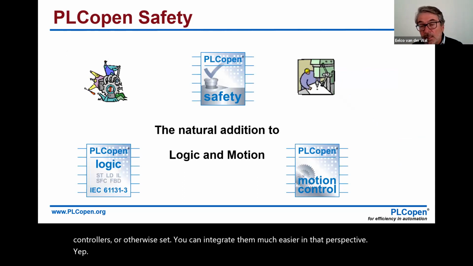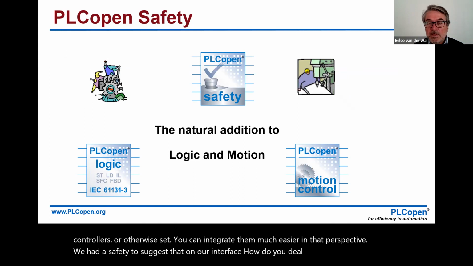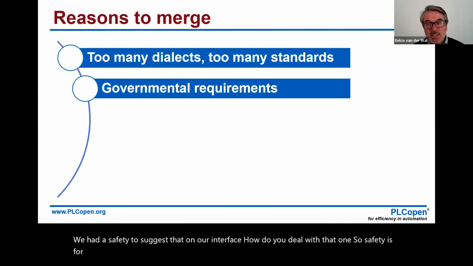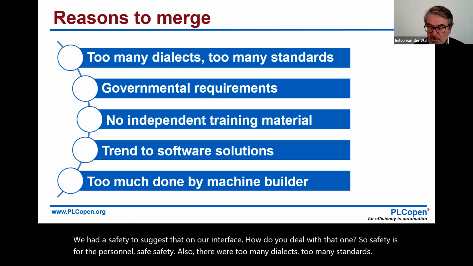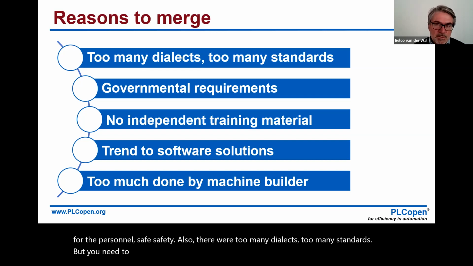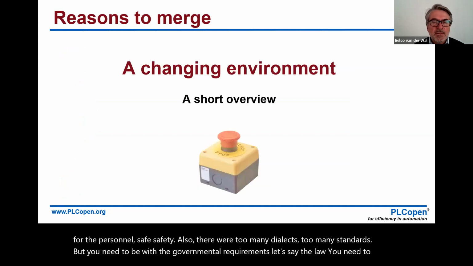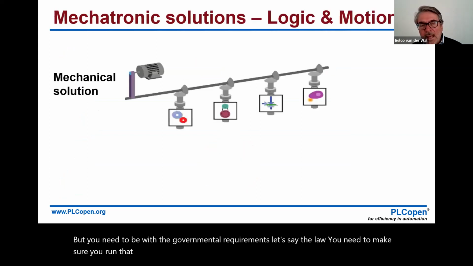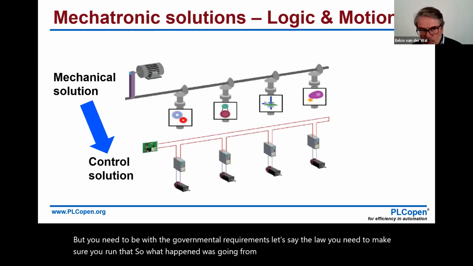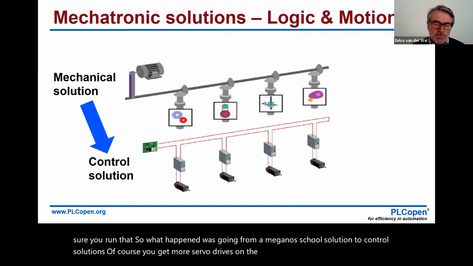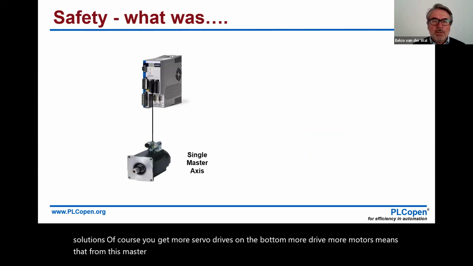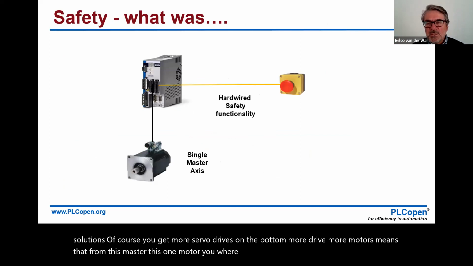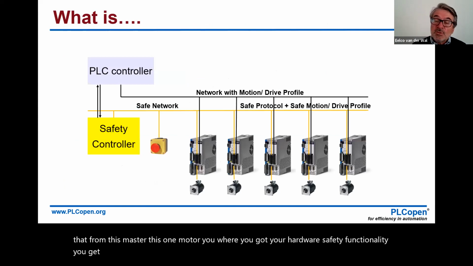We added safety. This is just another interface. How do you deal with that one? So safety is for the personnel safety. Also there were too many dialects, too many standards. But you need to comply with the governmental requirements, let's say the law, you need to make sure you run that. So what happened with going from a mechanical solution to a control solution is, of course, you get more servo drives. More drives, more motors means that from this master, this one motor, where you have your hardwired safety functionality, you get now the problem. You have so many drives that